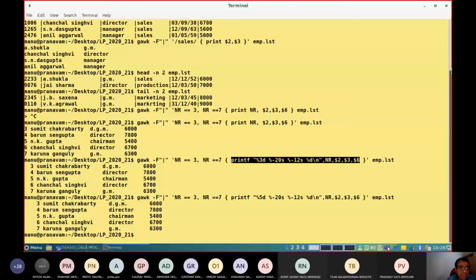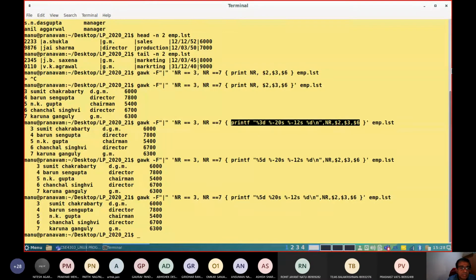Look into the way the output is printed. Line numbers are printed initially leaving 4 spaces. A total of 5 fields are used. Similarly, you can play with this formatting statement. If I write +20s instead of -20s, what happens? Look into the way the output is displayed there. It uses 20 width.